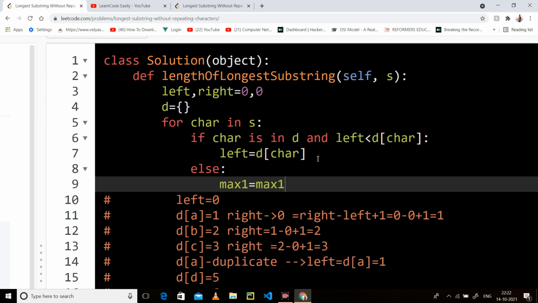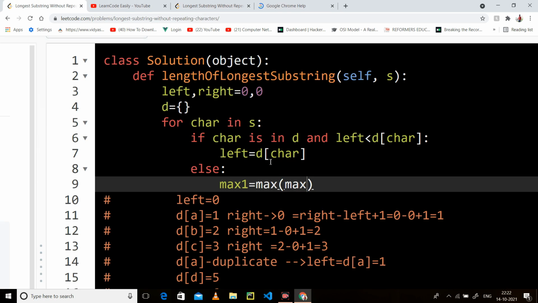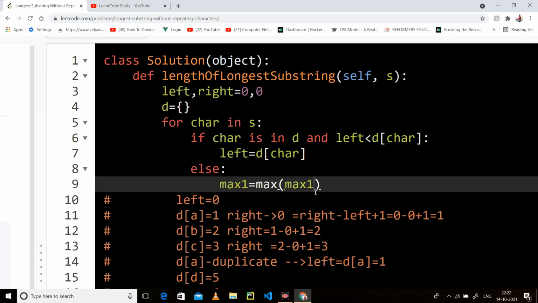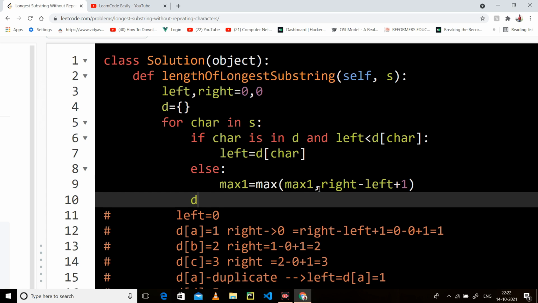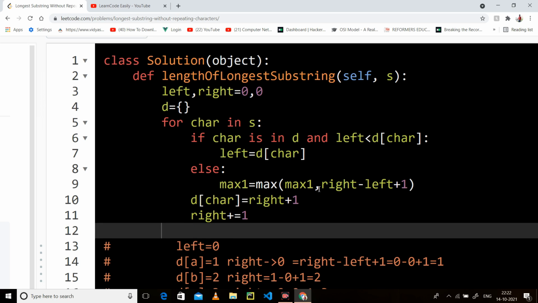comma right minus left plus 1, and here you have to store your char with right plus 1, and you have to increment the right as well. You have to return your max 1.